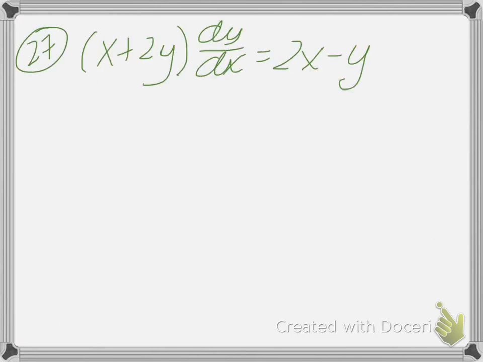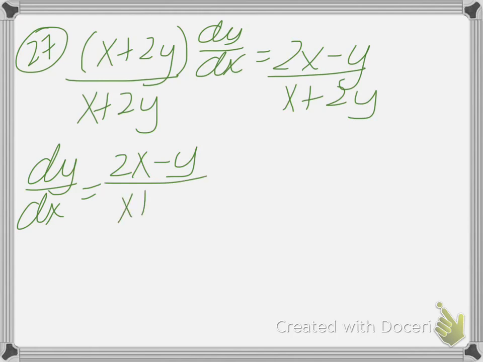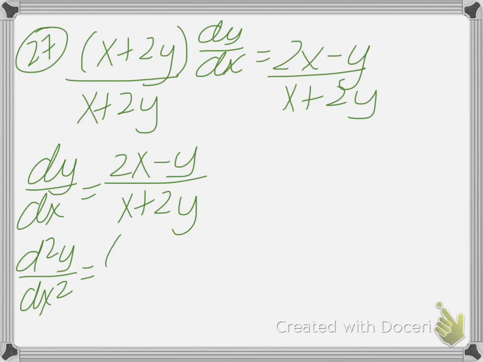Okay, so here's number 27, and you're supposed to be finding the second derivative. So you can easily find the first derivative just by dividing both sides by x plus 2y. Okay, and we find out that dy over dx is equal to this. Okay, so now to find the second derivative, we're going to need a quotient rule. So it's going to be the bottom